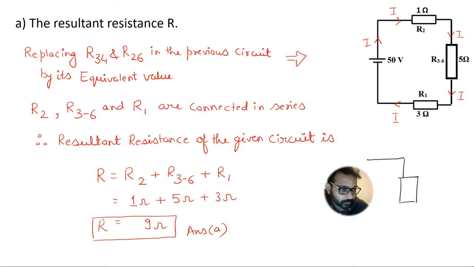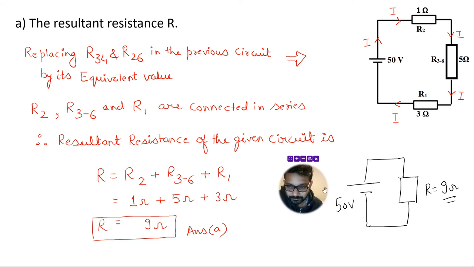So finally, if you want, you can draw the final circuit with its equivalent resistance, or the overall, or the equivalent, or the total resistance. There are multiple names you call this resistance with. So the overall or the equivalent resistance comes out to be 9. So this is how we can replace all the 6 resistances by a single resistance.